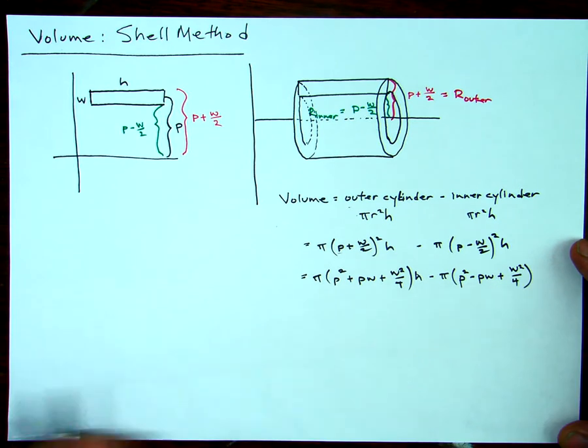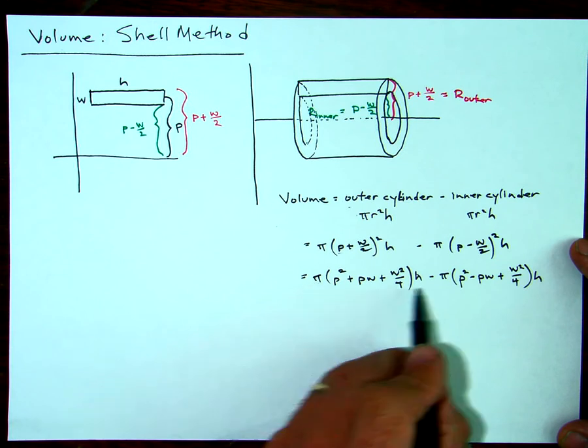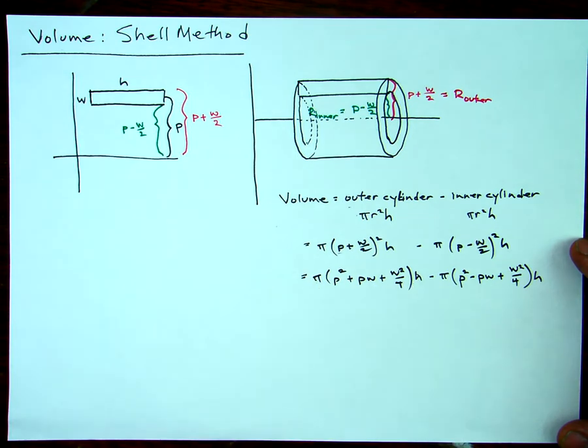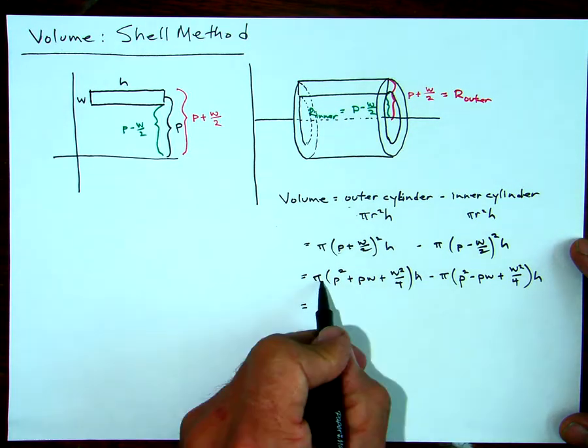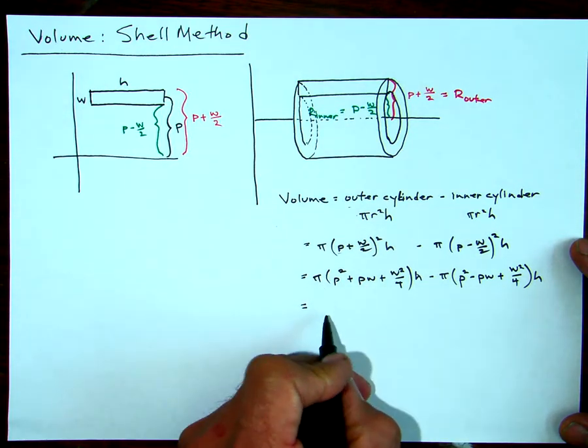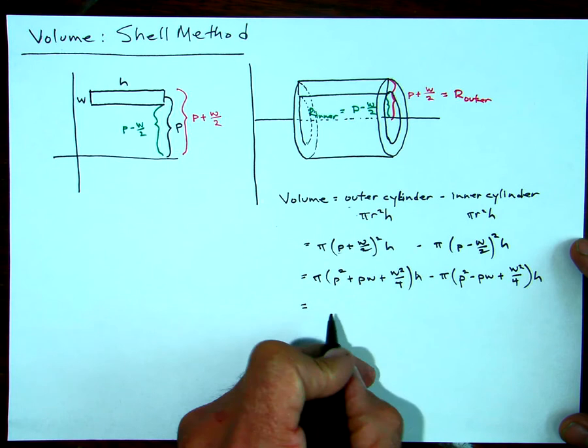When we square them, it doesn't matter that it was negative. And then we have the H. So if we distribute the pi and the H to all these terms and we combine, well, let's combine this. If we distribute here, what we're going to end up with is pi